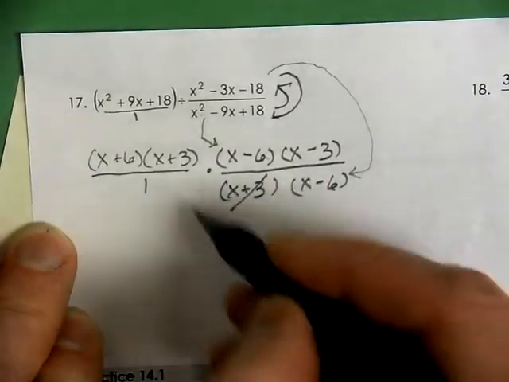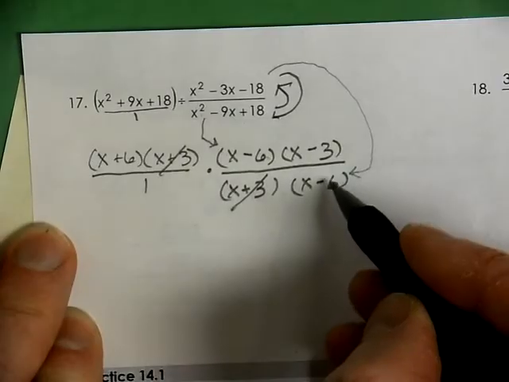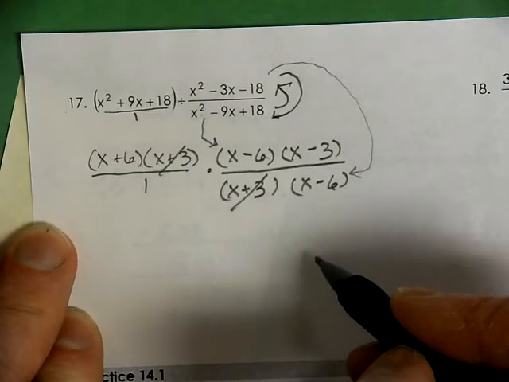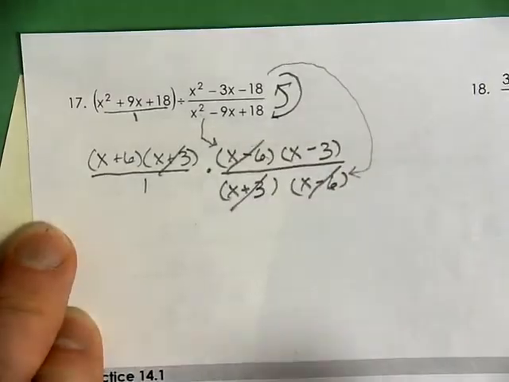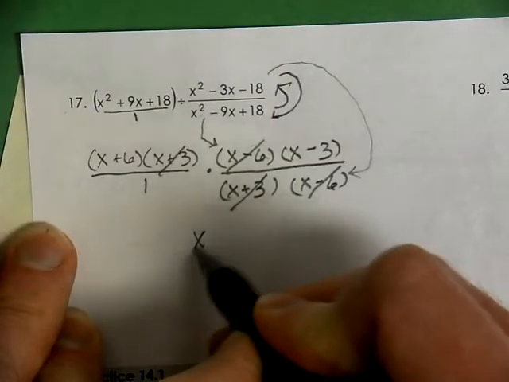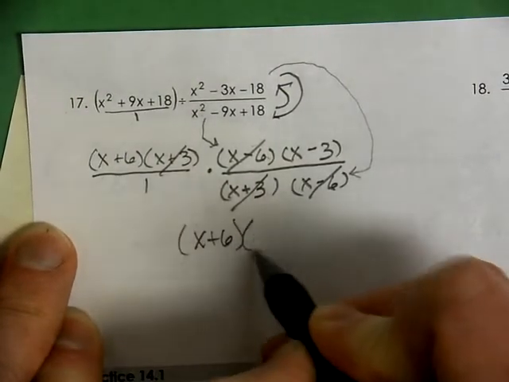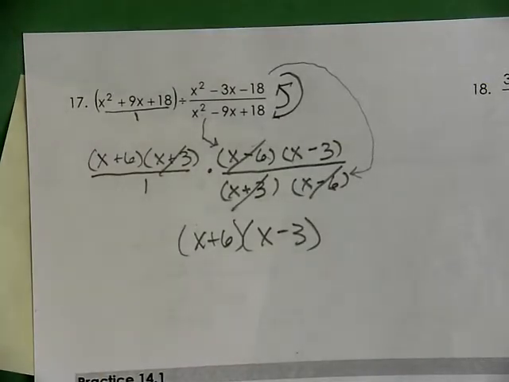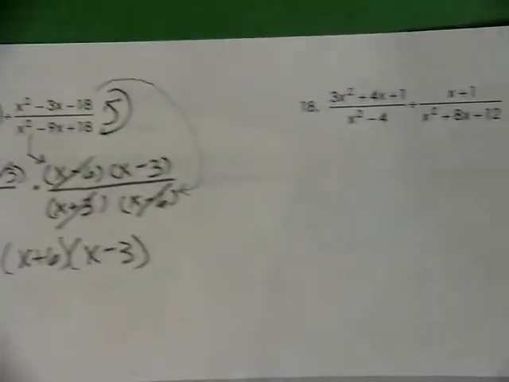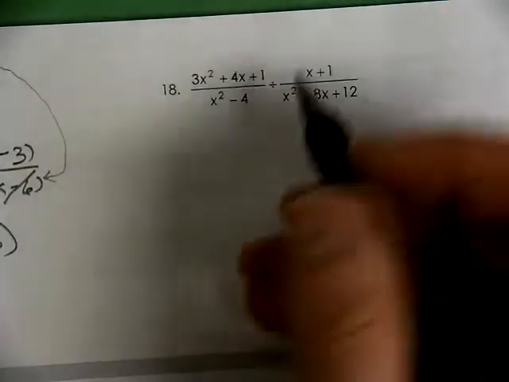So now it looks like we can cross out a few things. Okay, maybe that's all, oh, I'm sorry. Thought something else might cross out. So we get x plus 6, x minus 3. And the next one,